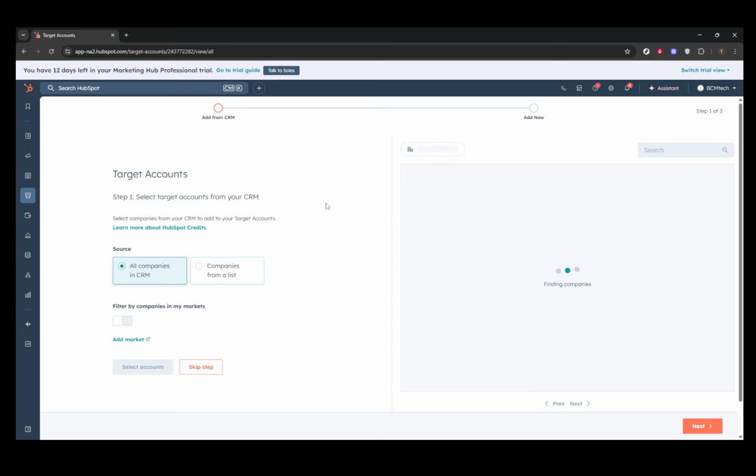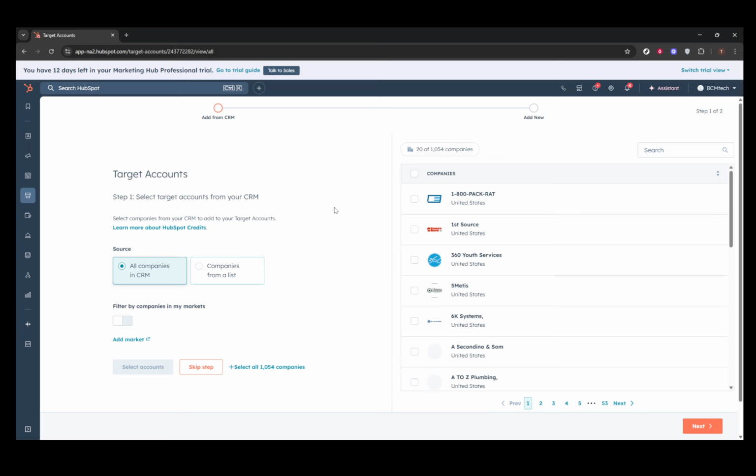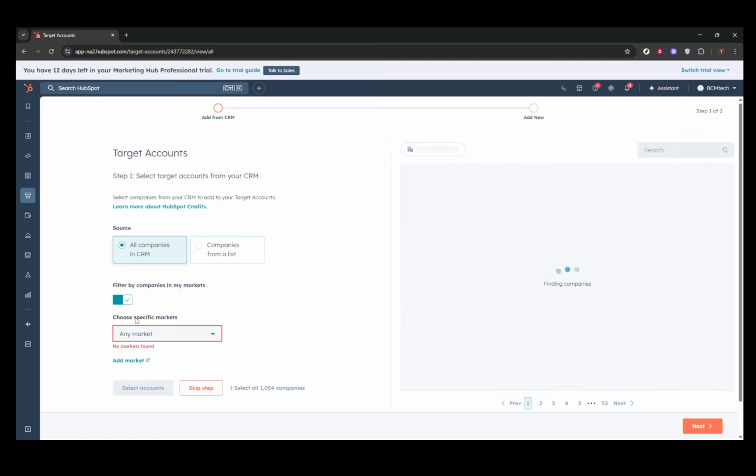Next, let's focus on selecting your best fit accounts. This involves marking your ideal customers as target accounts. HubSpot provides a variety of filters to help you narrow this down, including industry, company size, and revenue. With these filters, you can categorize your target accounts into tiers based on priority: Tier 1, Tier 2, and Tier 3. This tier system allows you to easily prioritize where you concentrate your efforts, giving top priority to those with